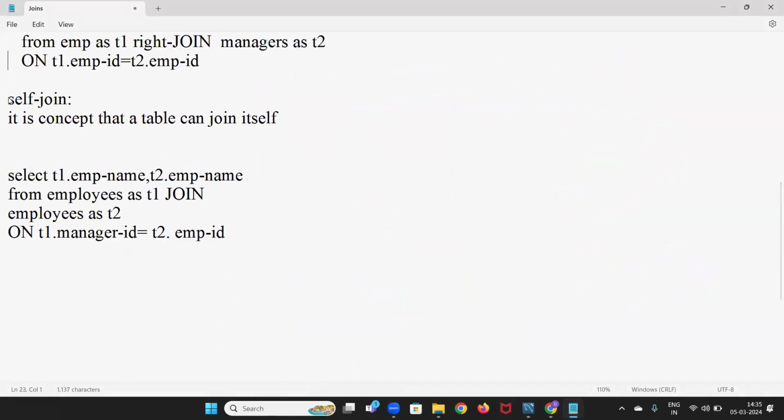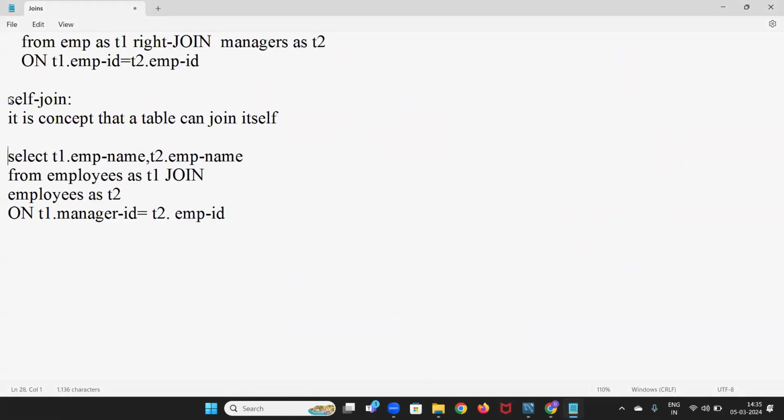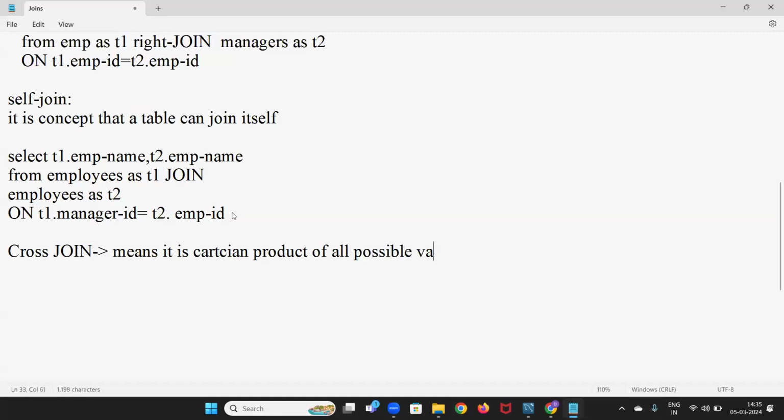The concepts like the cross join won't be much appreciated here, because there is one concept called cross join. We won't use it in MySQL. Cross join means it is a Cartesian product of all possible values. It's like a mixture of both. Cartesian product means,